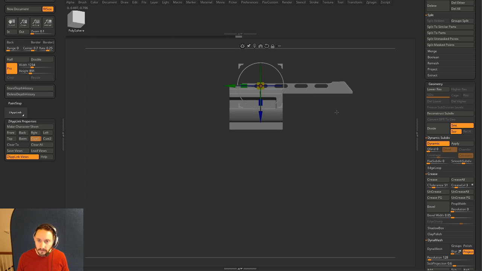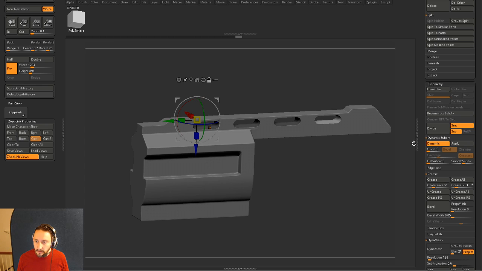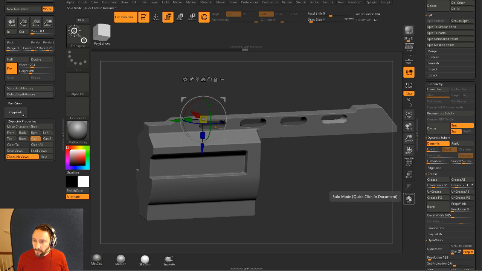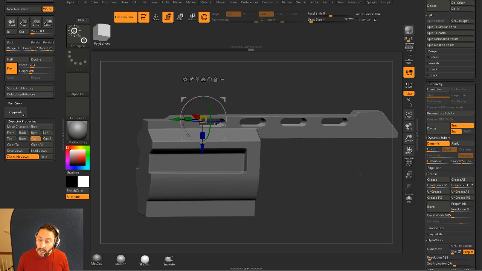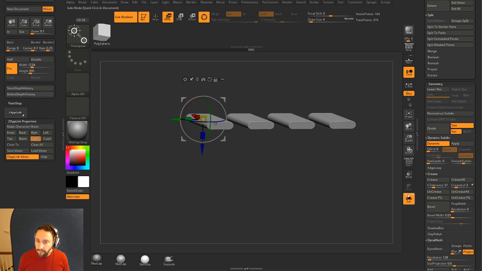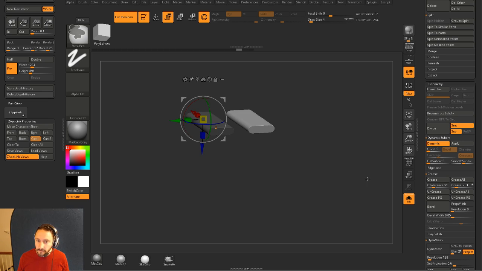So if you do Shift Z, and I go into solo mode here, you're going to see this is what I'm getting. So that's another way to do it. Another way to do it, and this is probably my preferred method because it's less destructive, is I can take